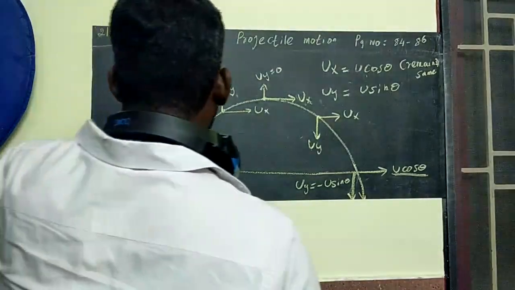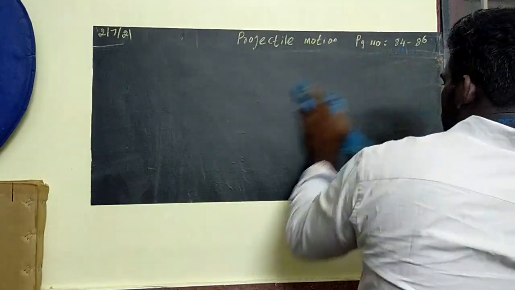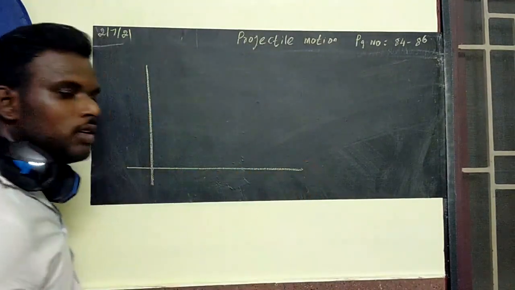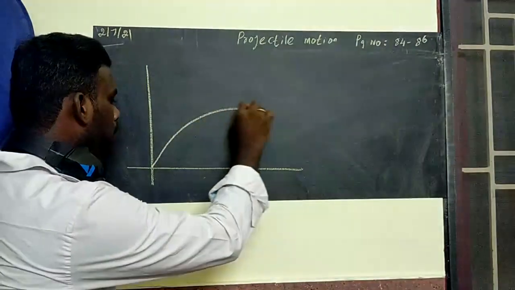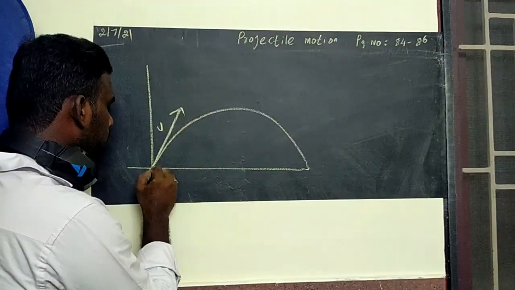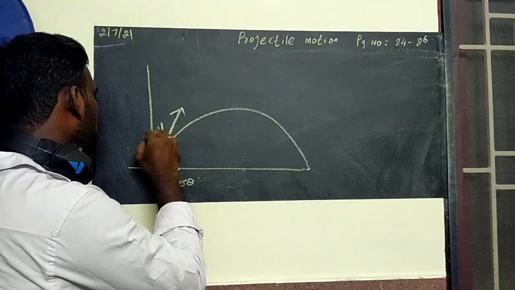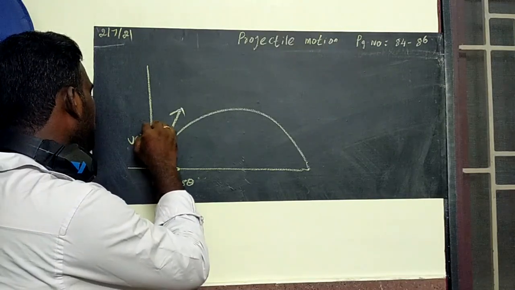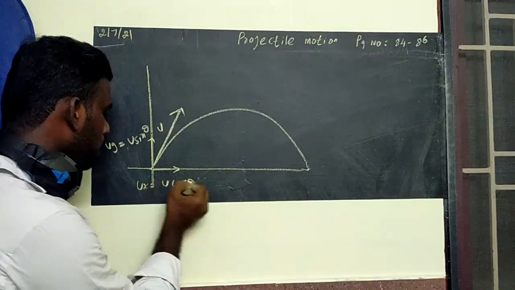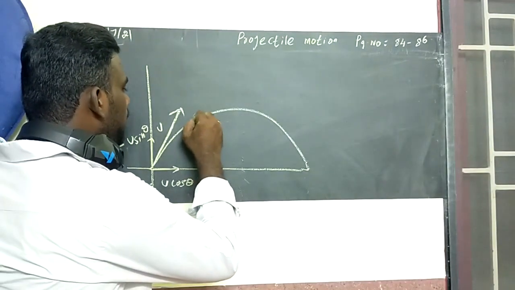Now we are going to talk about the distance traveled by the body and the velocity of the body after some time t. So here you can see, boys and girls. Is that clear? So this is the path followed by the body. At the point of projection, this will be the direction of velocity. Horizontal will be u cos theta, and vertical will be u sin theta. I can take uy equal to u sin theta and ux equal to u cos theta. I am going to choose some intermediate point P.